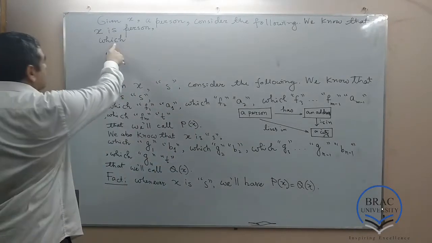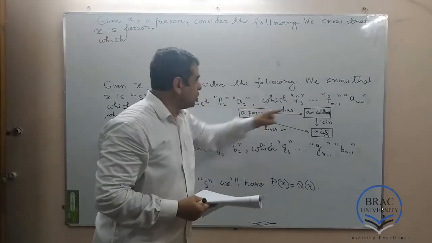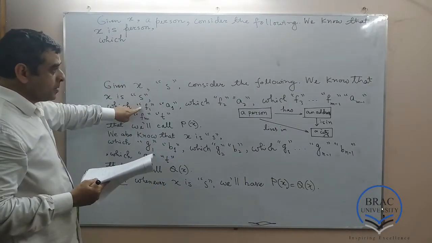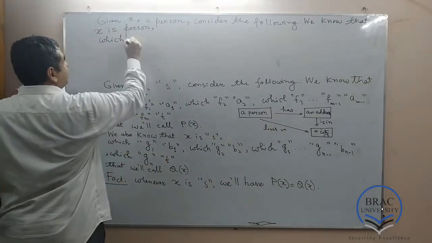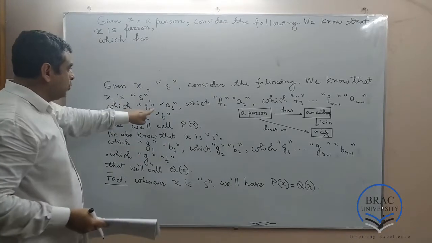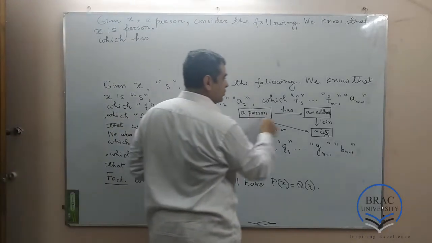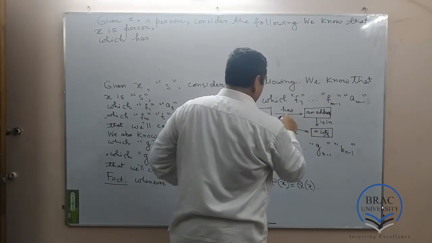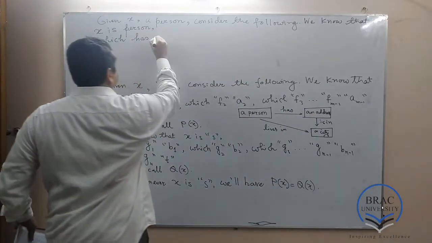Okay? So we are considering the first path here, which F1, meaning which has, which F1, A1. This is A0, this is A1, this is A2. So which F1, A1, which has an address,